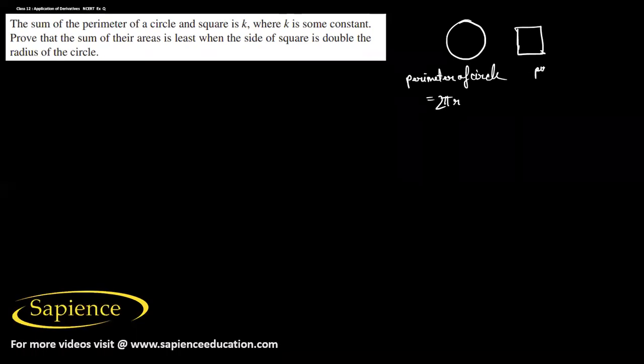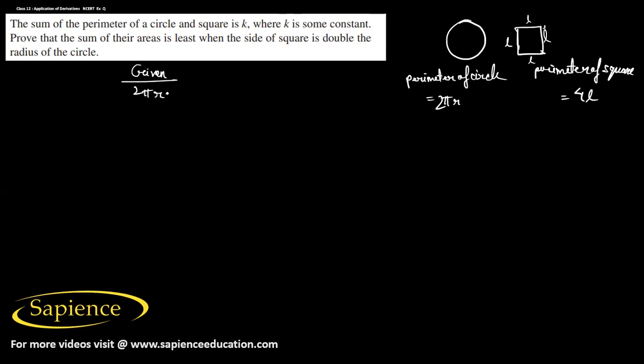And the perimeter of the square will be equal to, if each side length is L, 4L, 4 into side. And it is given that the sum of the perimeter of the circle and the perimeter of the square is equal to some constant K. K is a constant. Then we have to prove that,